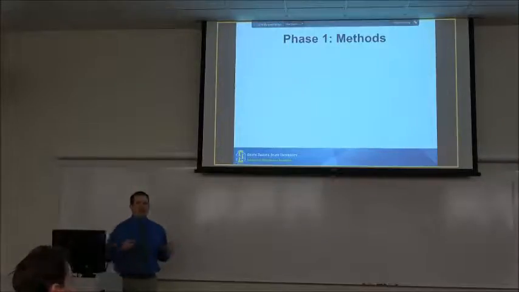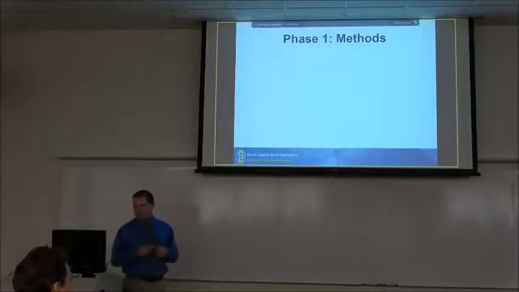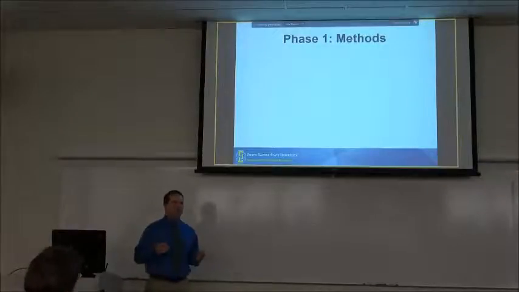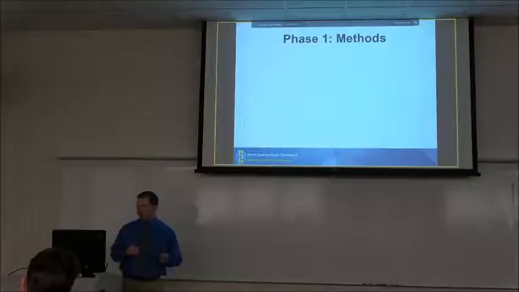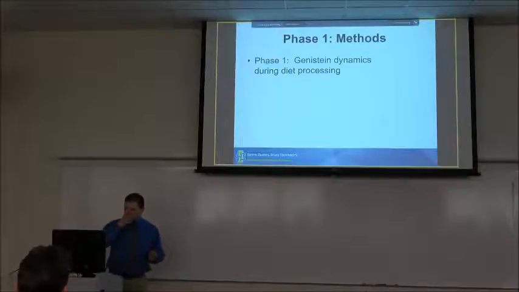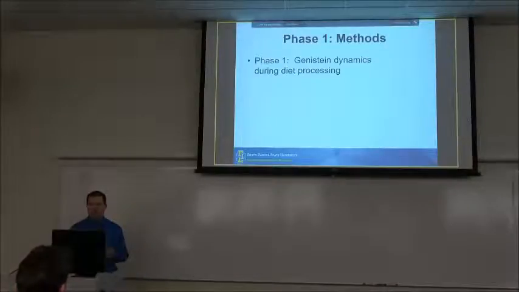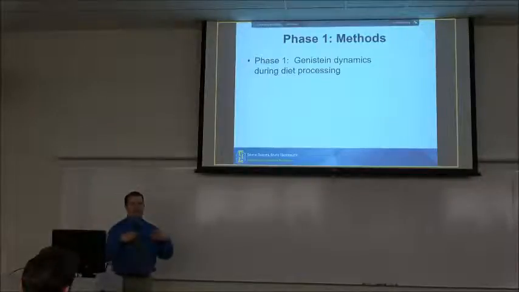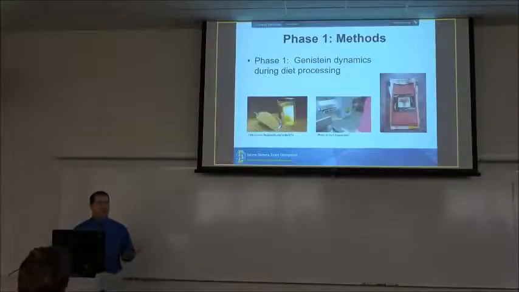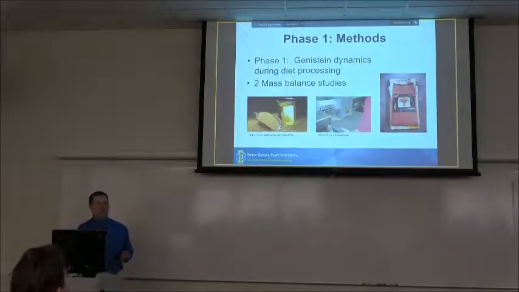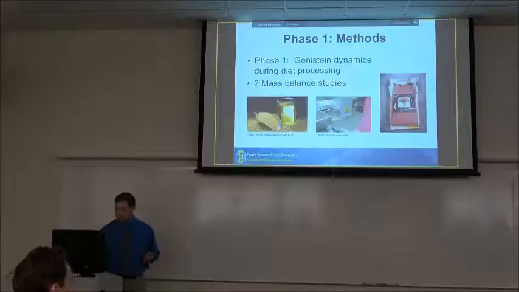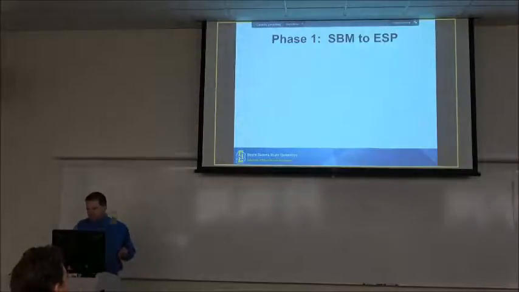So diving into the methods I would like to undertake, there are basically 4 different phases of this research. In phase 1, we'll try to determine what is occurring to the isoflavones, and primarily genistein, when it's being processed. In order to do this, I'll be utilizing 2 mass balance studies. And the reason there'll be 2 of these is because